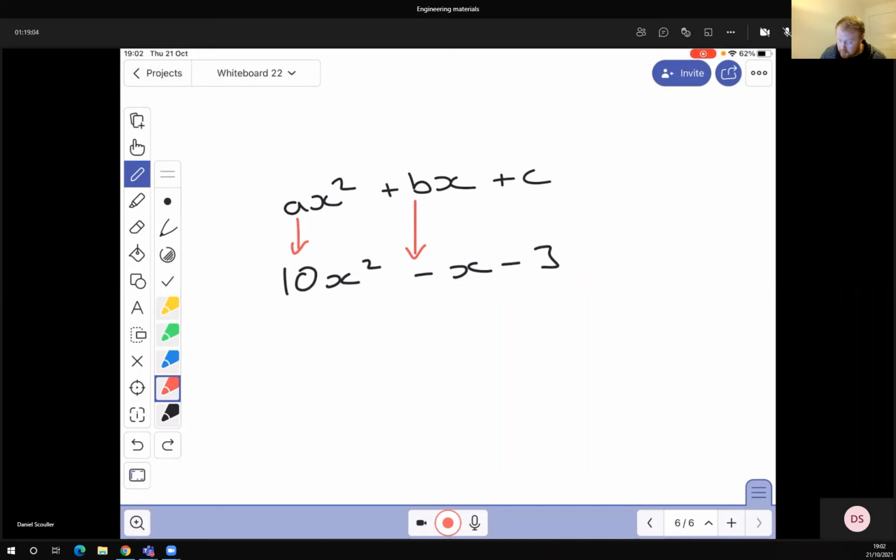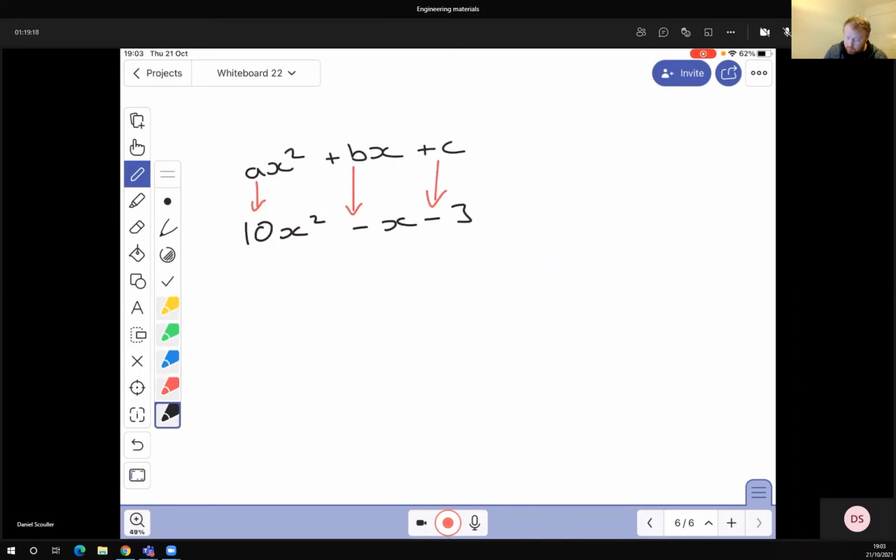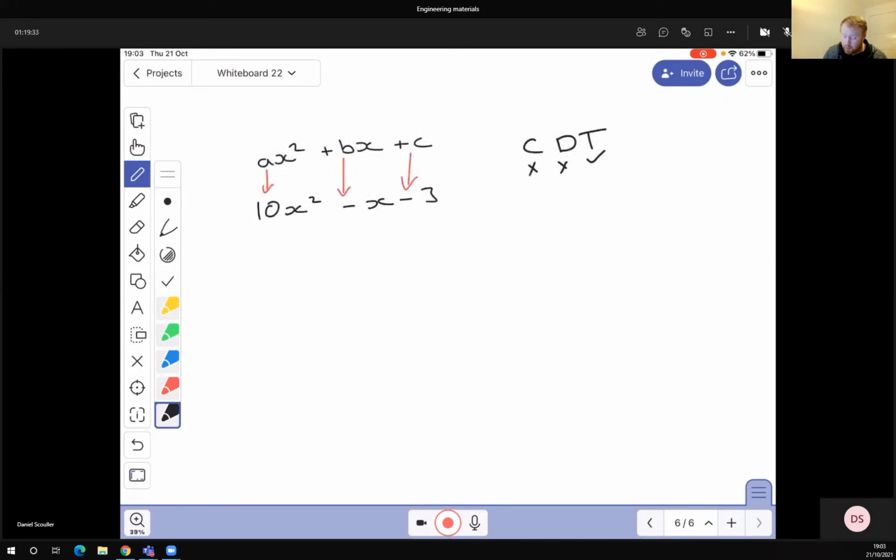So ax squared plus bx plus c. The a in this case is your 10, b is going to be -1, and c, remember that negative, is going to be -3. First thing we do, check for a common factor. No common factors. We always need to check. It's not a difference of two squares, but we always need to check. As a trinomial, we'll work through that process. We put our a in the m